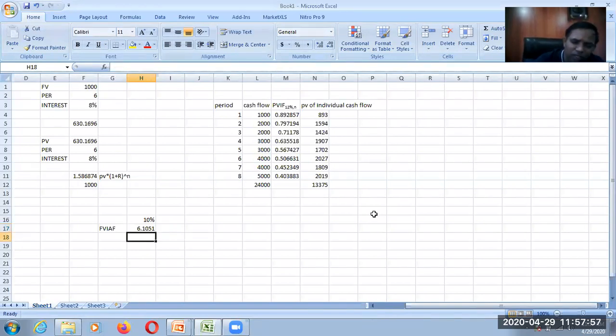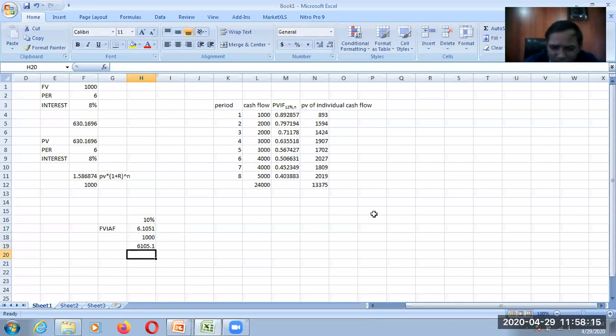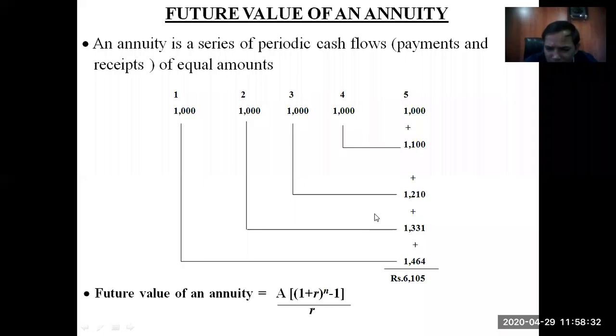So now if I am investing 1000 rupees for the coming 5 years, this is calculated for 5 years. This is the NPER, that is number of periods. So it is invested for 5 years. So my amount is going to be 6105. If I started investing today 1000 rupees in any of the funds, and it is supposed to be compounded at 10 percentage for the coming 5 years, after 5 years, I will be receiving 6105. This is what is calculated.